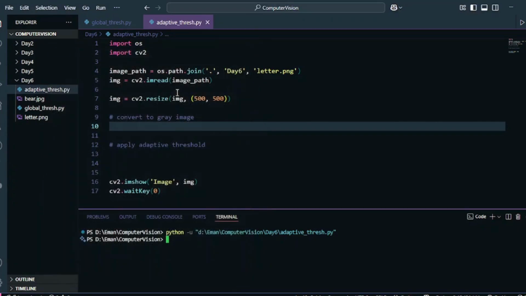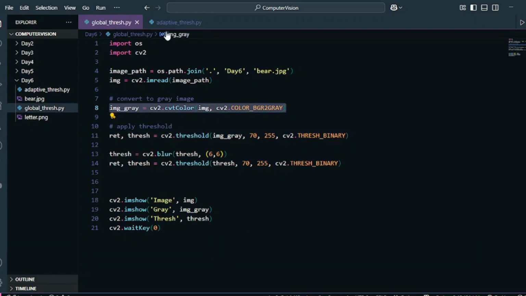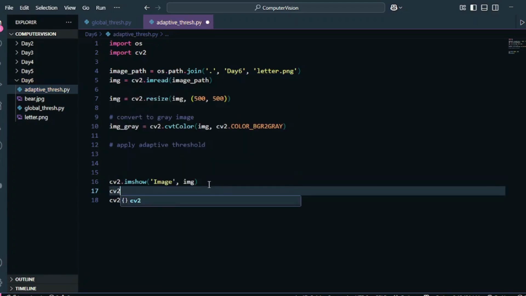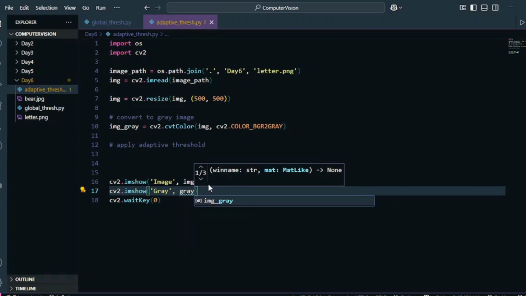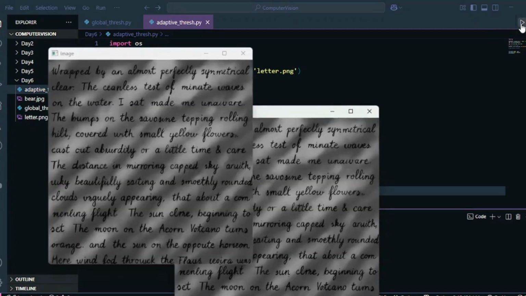And let me show you what I mean by that. So what I'm going to do is I'm just going to copy the code from here, and okay, first I have to convert the image into a grayscale image, so I'm going to do that. This is simple. I've converted the image into a grayscale image, and let me just visualize that as well. Okay, let's see that first.